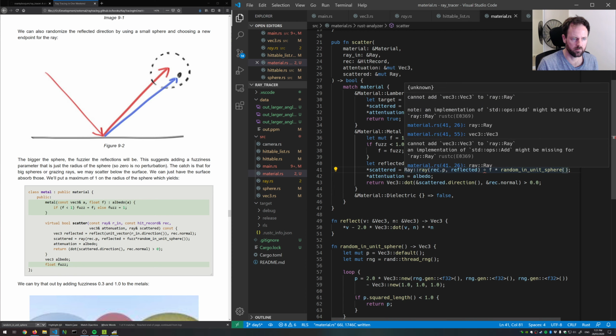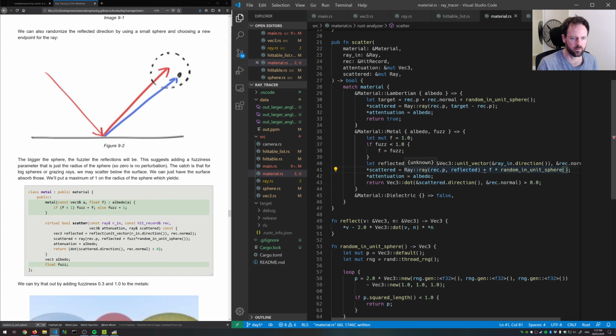Complaining about cannot add to ray. Okay, should be okay then. Oh, that's inside. Oh gee, I'm an idiot. Sorry, so it's reflected plus that fuzz factor. Okay,